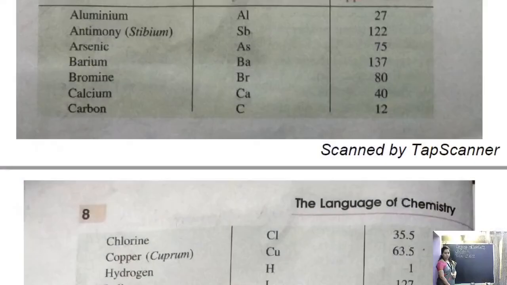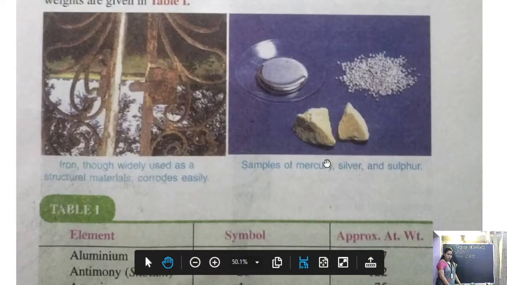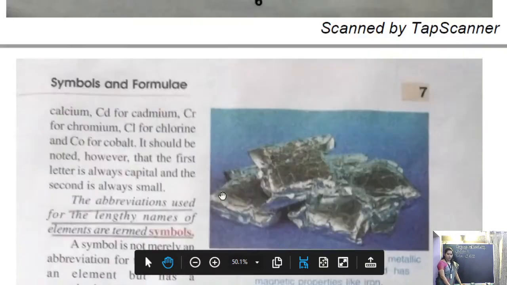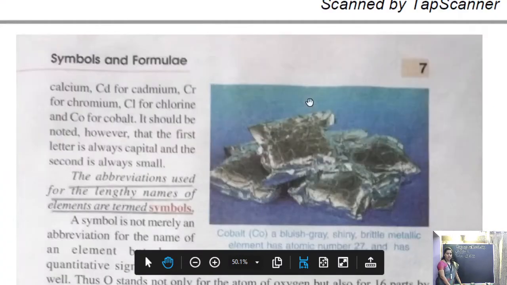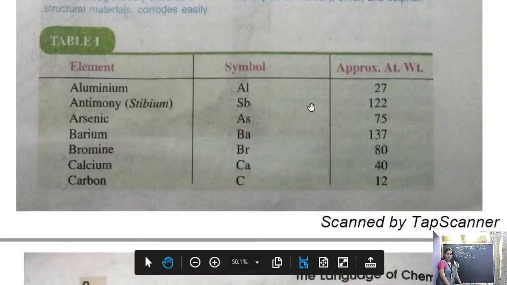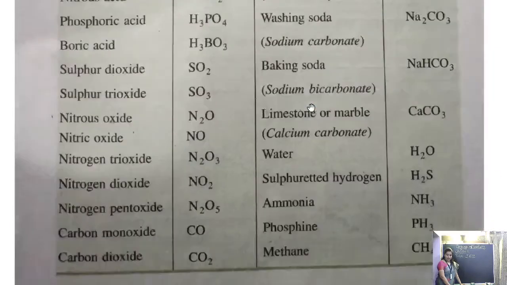So you can see here, this is your chapter number 2, symbols and formulas. Table 1 and table 2 you have drawn in class 7.